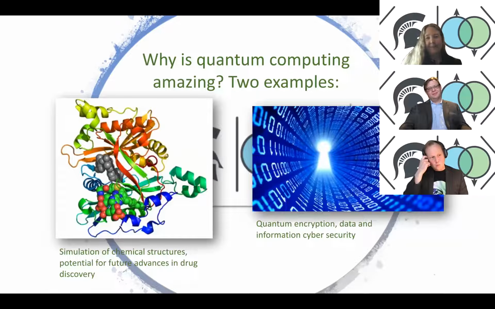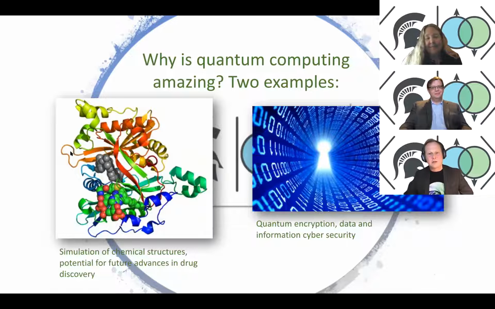So that's what quantum computers look like, but you also want to think about what's actually exciting about quantum computers. Why do we want to use quantum physics, and what kinds of computational things can we do with these machines, hopefully someday? So I'm going to pick two examples. There's a lot of different potential applications. As you'll see, there's a lot of people excited about many of these applications, but two of them that are pretty well established that will be exciting once we have large scale quantum computers are, on the left here,